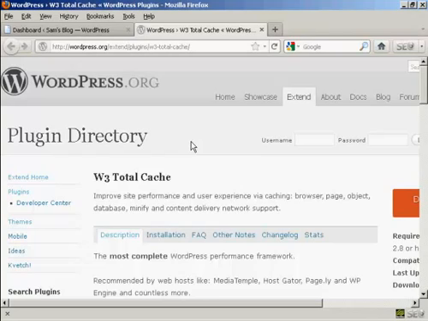A couple of points that you need to bear in mind, because the W3 Total Cache plugin can be a bit tricky to install and to set up. First and foremost, you must make sure that any other caching plugins that you have on your blog have been deactivated and deleted. Otherwise, you're going to run into compatibility problems when you actually try to enable this particular plugin. So you want to make sure that all traces of any other caching plugins that you have been completely removed